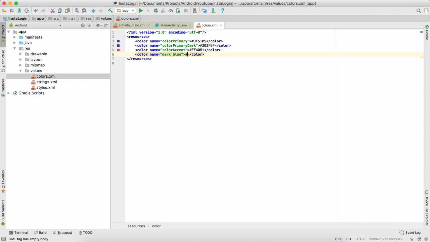I'll copy this and call it purple, and this has C8687. Okay, so now